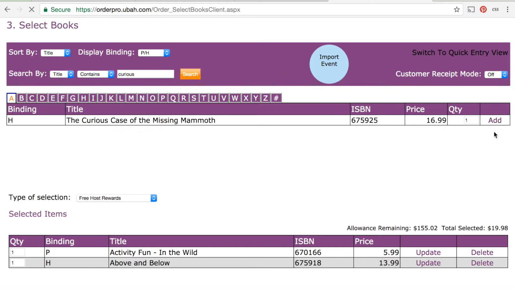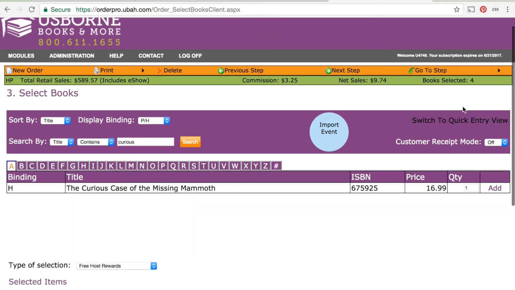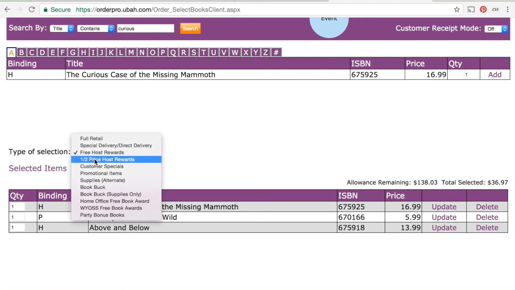I'll add that in. So I'm not going to select all of the free books, but here it's telling me that I have 138.03 left to select. It's showing me the total number I've selected, and then up here is showing me exactly how many books that I've selected. So then you'll go to the half-price rewards,